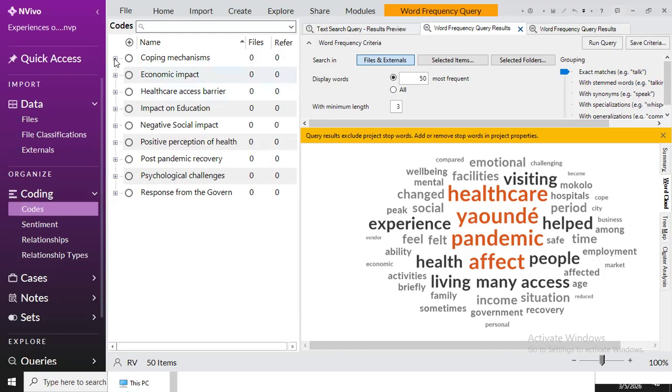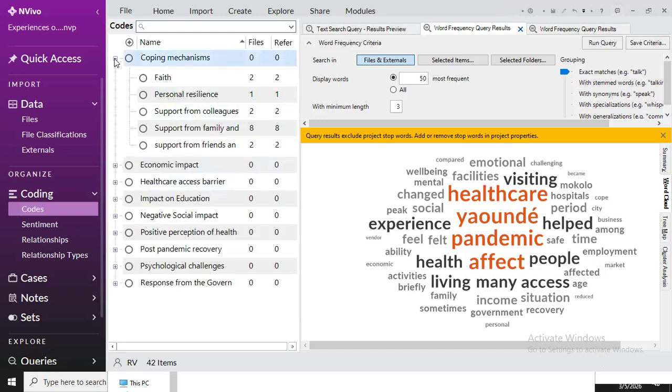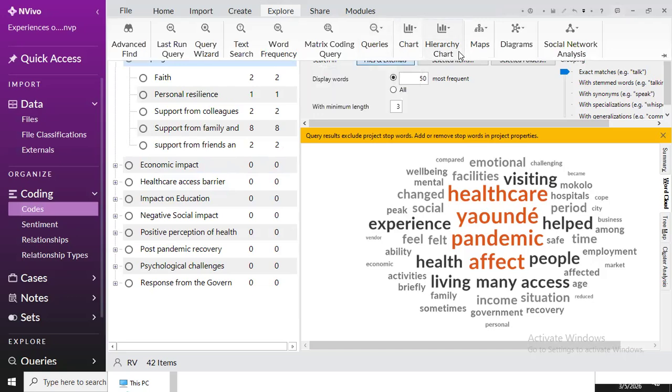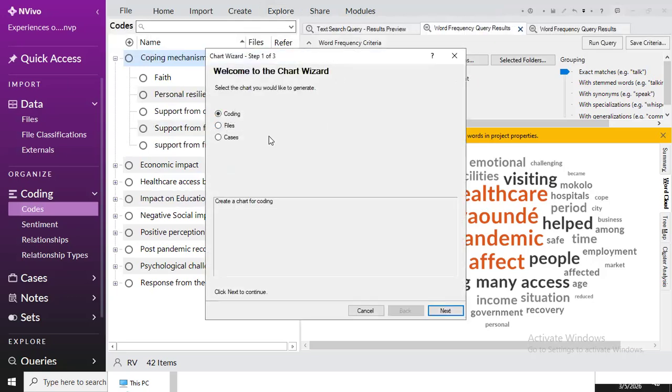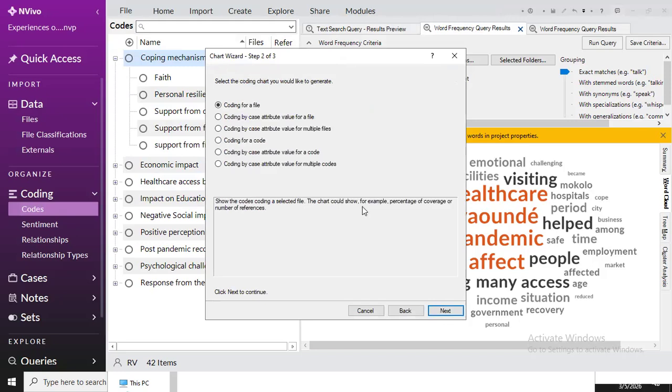NVivo cannot do these bar charts. You can do bar charts, but I don't like their bar charts. If you come to charts here, you can plot their charts. We'll see that tomorrow. You can choose chart here and you can choose charts from their codes. Go to next and